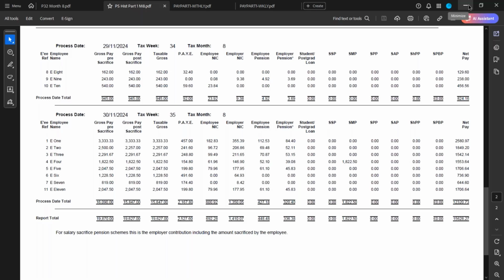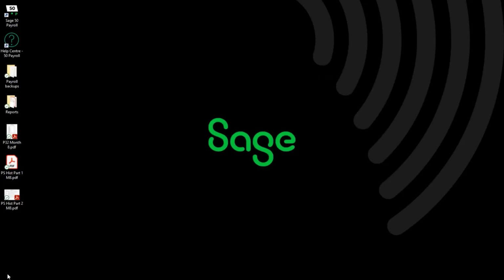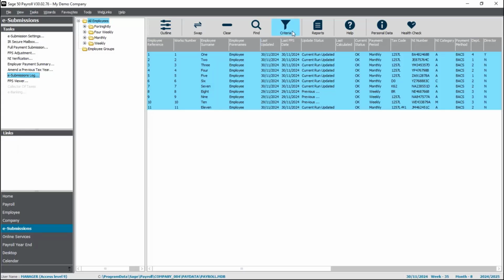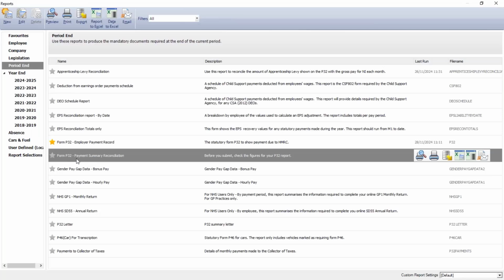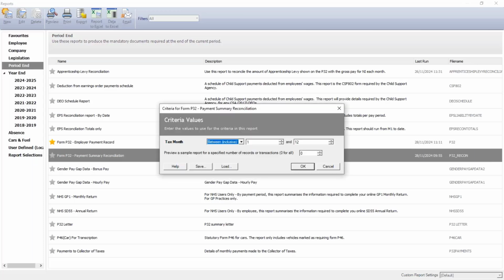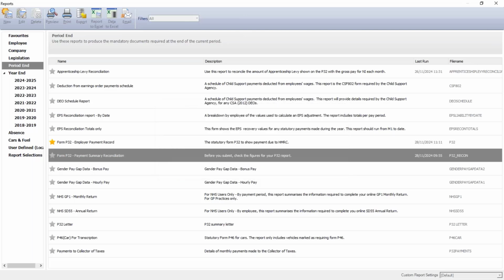So that's just a little bit on reconciling the reports. One other report I'll just quickly mention in payroll. So if you go to the main reports option at the top and go to period end, there is the Form P32, payment summary reconciliation. So that does give you kind of a true breakdown of most of the figures on your P32. So if I ran that for month 8, for example,